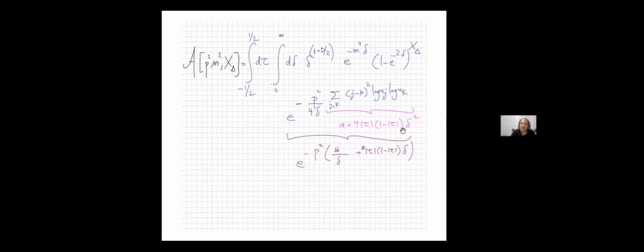So we get an integral that looks like this, whose dependence on delta looks like that. And now it's really easy. Now we do the integral over tau, which is a simple thing. If I wanted to do it analytically, I'd get a Bessel function at best, but I'm not going to do it. I'm just going to leave it like that. So the final integral looks like these factors, and then, at least to an extremely good approximation, if not exactly, a factor that looks like that.